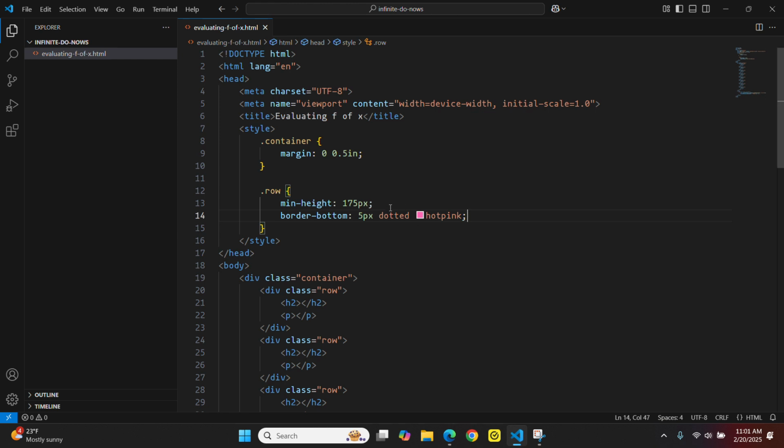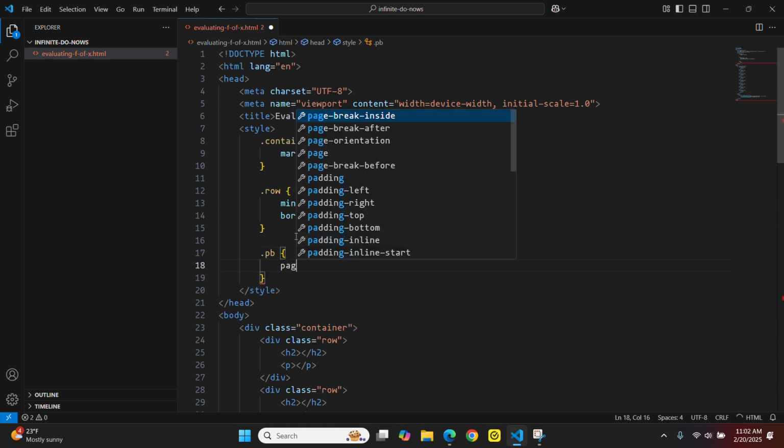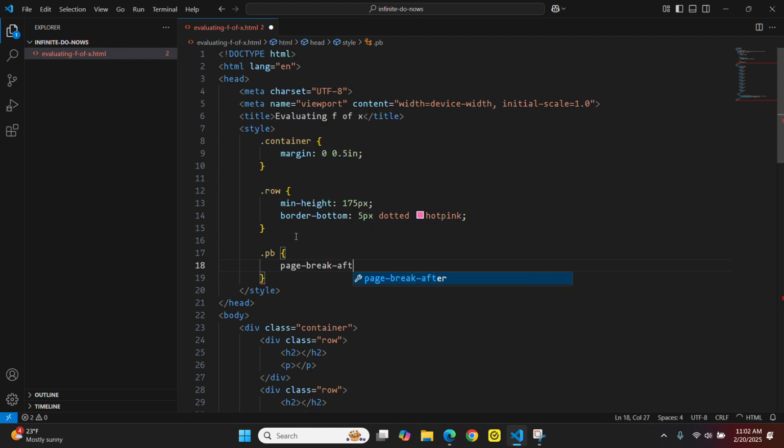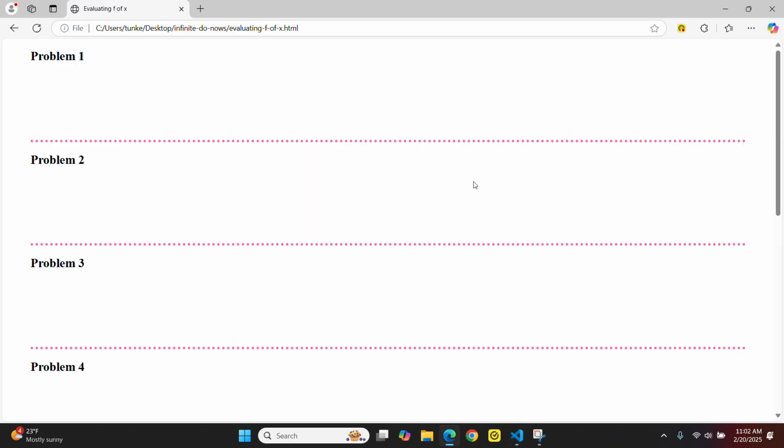Okay, another thing I might want to do is create a class called .pb, and just type in page-break-after: always; and do a semicolon at the end of that. And what that'll do is if I put that in, I don't know, let's say I go after the end of this row and do .pb and hit tab. Now I've got that in there. So that's going to put the next rows on a separate page. So if I refresh here and go to print,